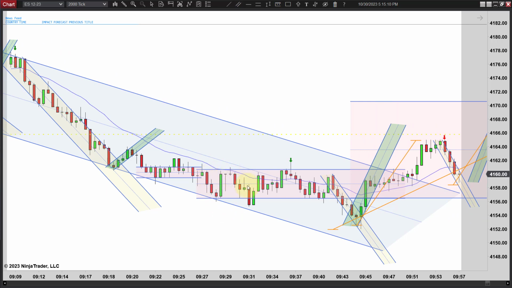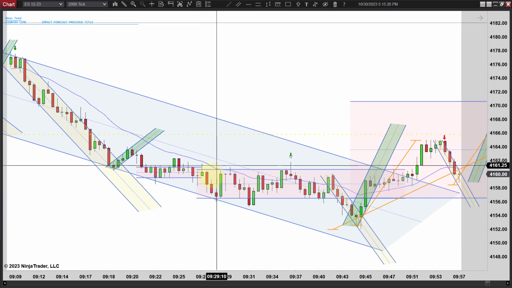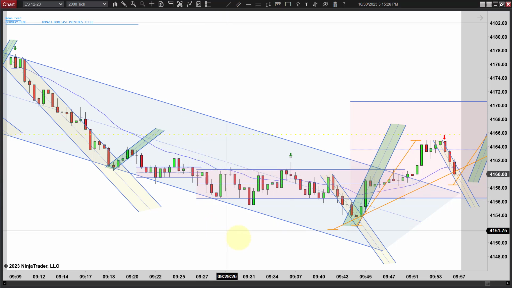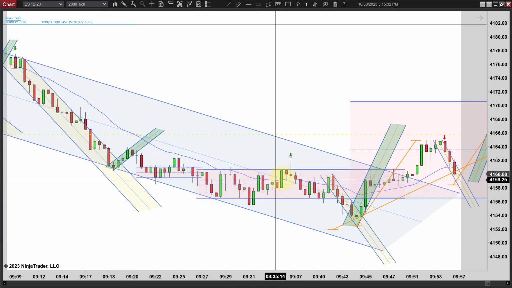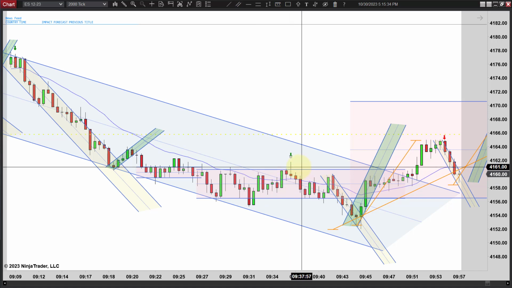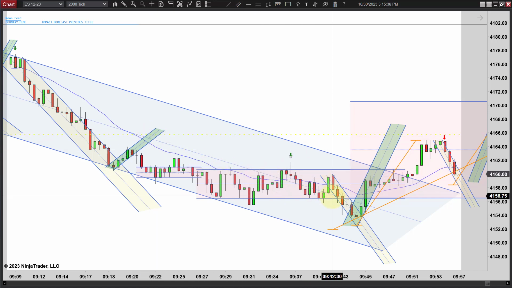You're just chopping along, and finally you get a triple test here, but it did make a new high. I think it's an equal high with this other one over here. Let me just verify that. Just eyeballing it, it looks like an equal high, and it is. So it's really kind of a double top, but it's higher than these last couple. Usually you want to wait on a lower high, but it is a fairly bearish bar off the resistance area. It is right near the midline as well.